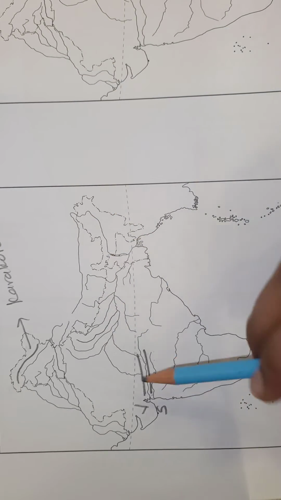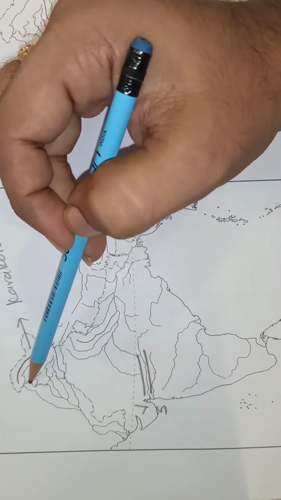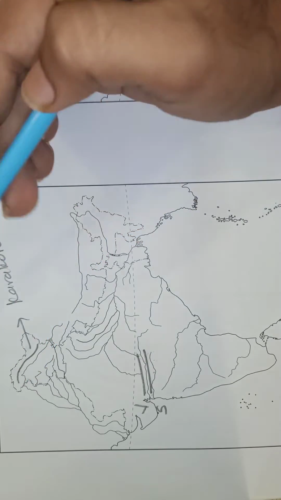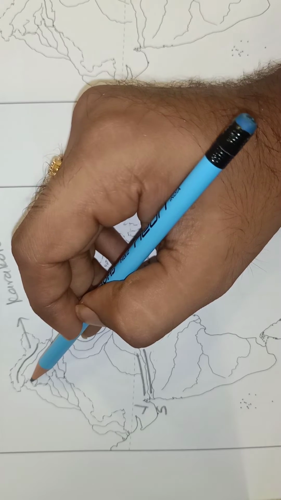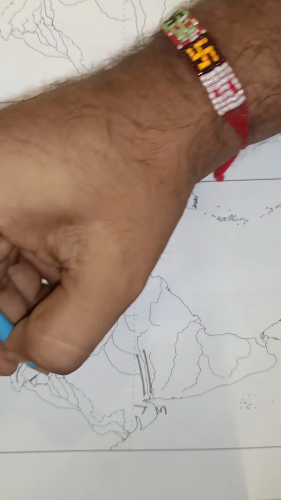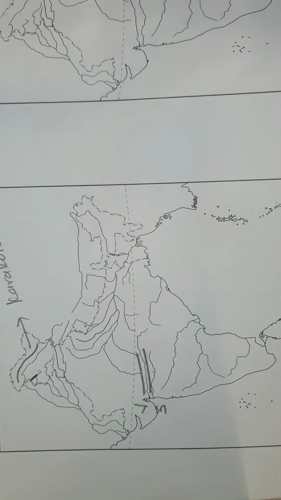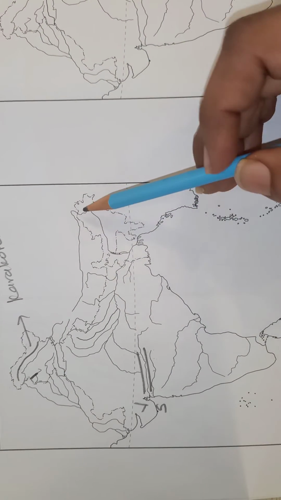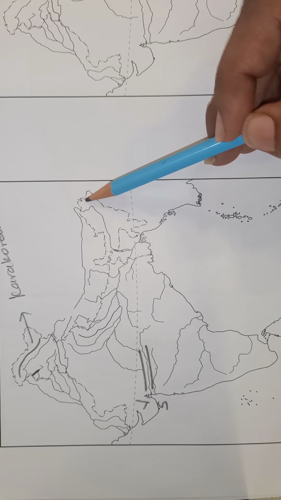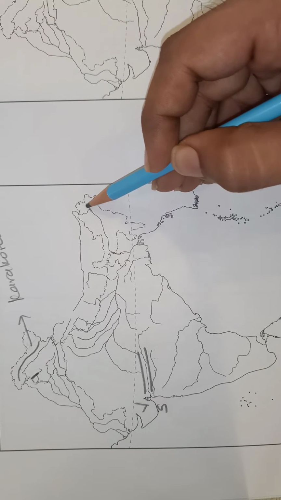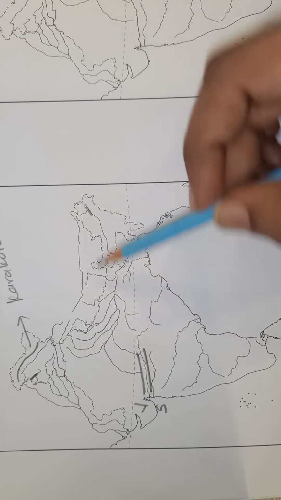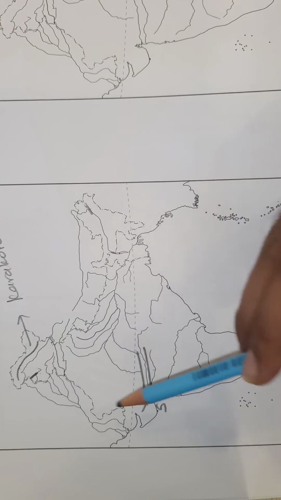Okay, so from where do the Himalayas start? You can see a curve coming inside. The part of India which is coming inside, from there the Himalayas start. So this is the first line from where the Himalayas start. Okay, and see one more curve you can see over here of India which is coming inside. So this is the curve where the Himalayas end, and this is the curve where the Himalayas start.